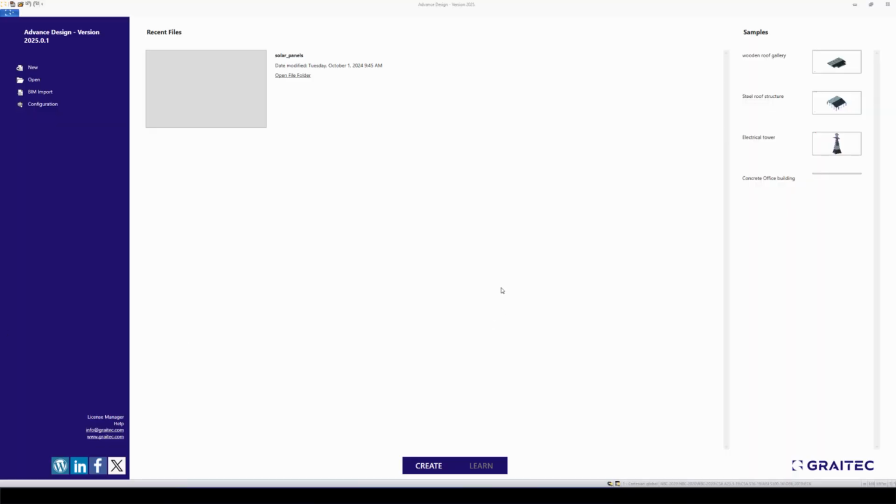Okay, so I have opened Advanced Design. This is the new version, the 2025 version. Just to give you an idea of Advanced Design, this is a full finite element frame analysis solution, which covers